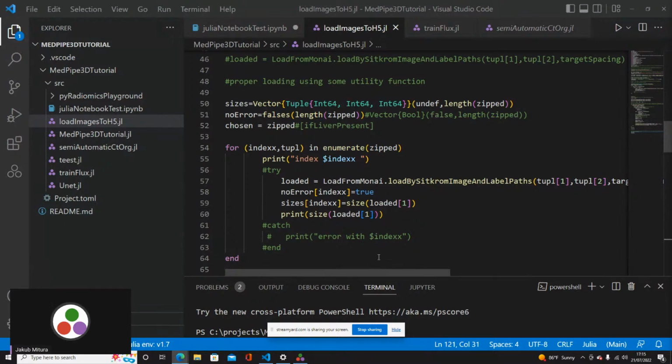It will also return a tuple where the first element is the array of the image, and the second is the array of the label.